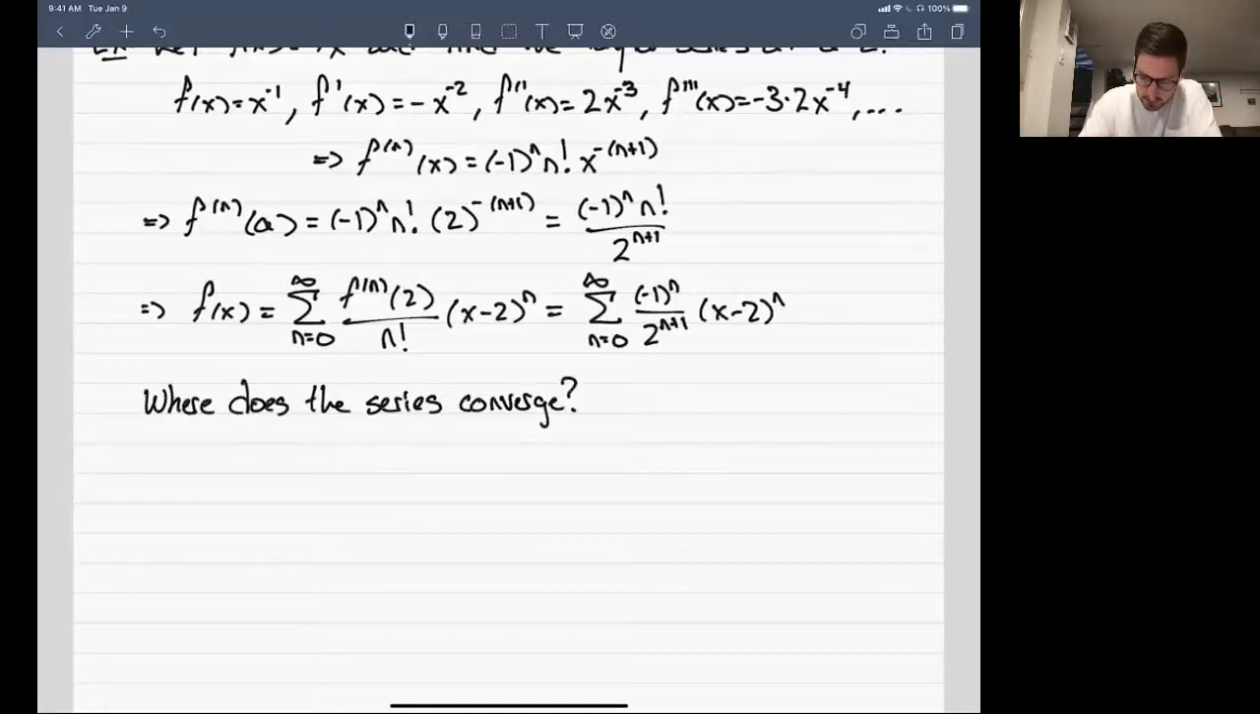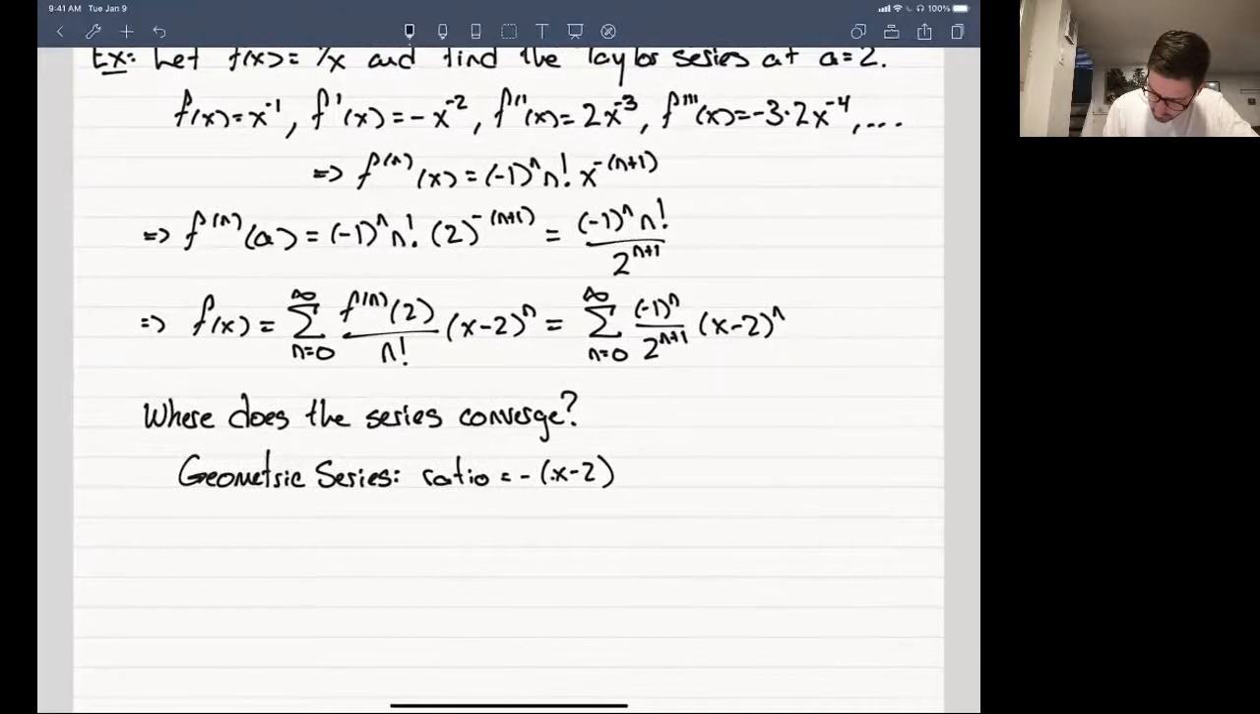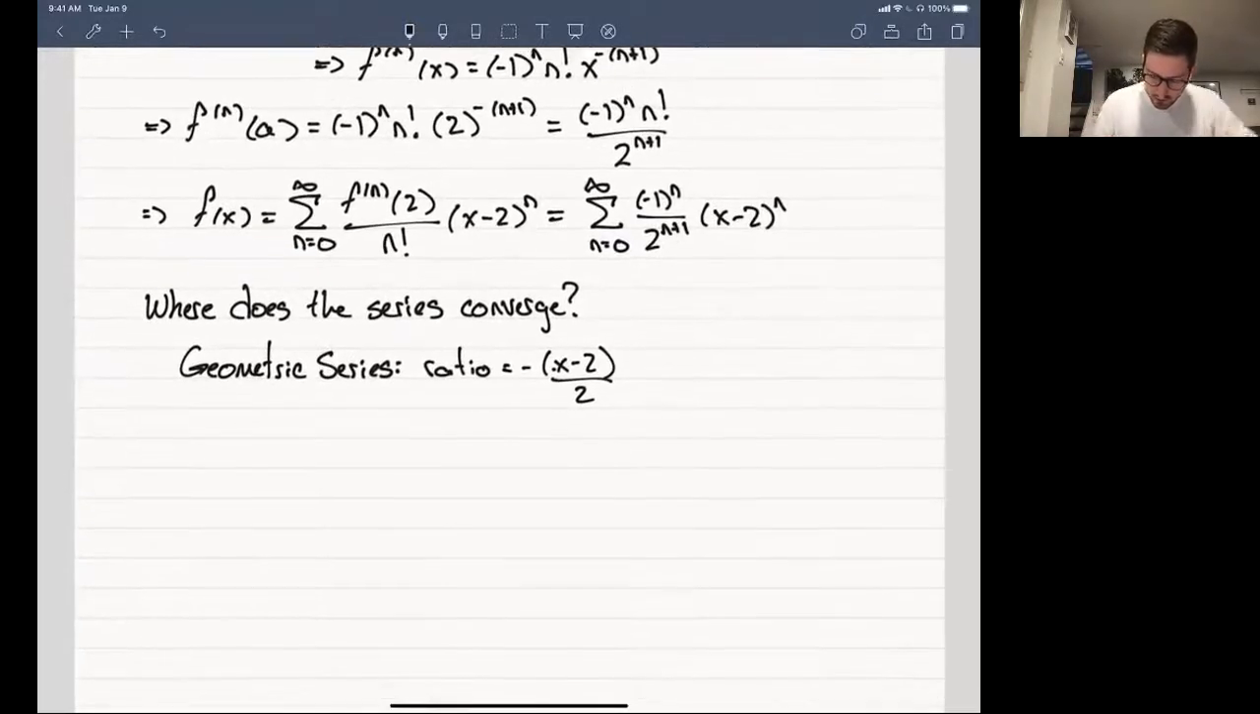Well, in this case, it's a geometric series. The initial term is 1/2, and the ratio, so maybe I should write this down. It's a geometric series, and the ratio is equal to minus (x minus 2) over 2. So to go from one term to the next, you multiply by negative (x minus 2) divided by 2, which